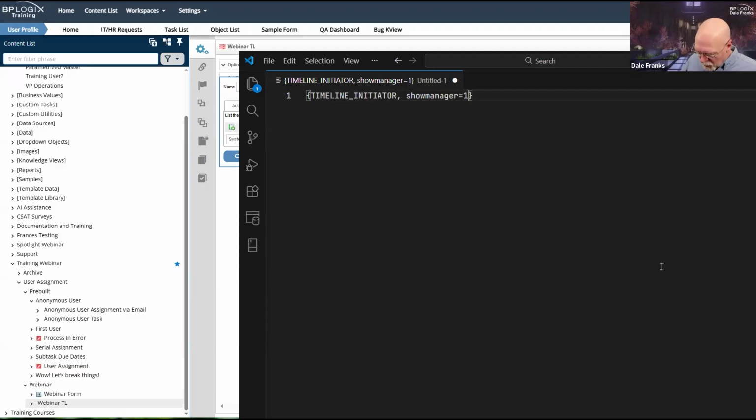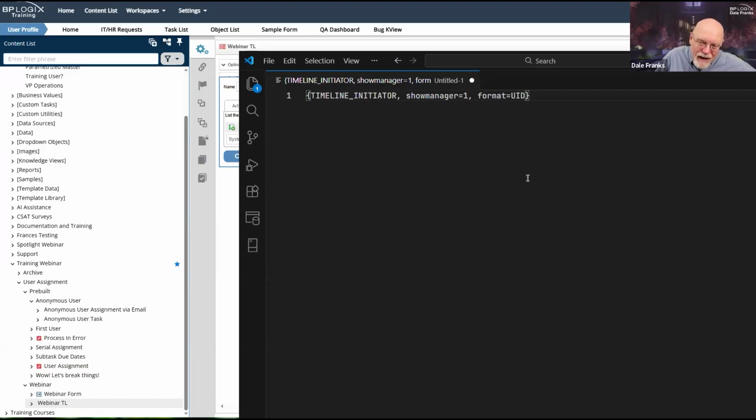So I do need to add one more thing here. Format equals UID so that I can return the GUID that uniquely identifies the person. So timeline initiator, show manager equals 1, format equals UID, is going to return the UID for my manager if I am the timeline initiator.